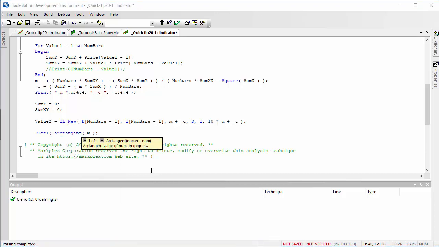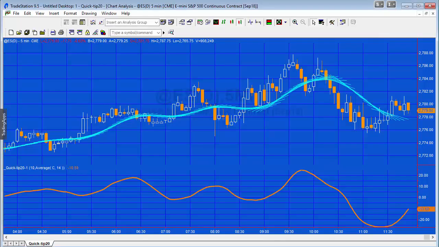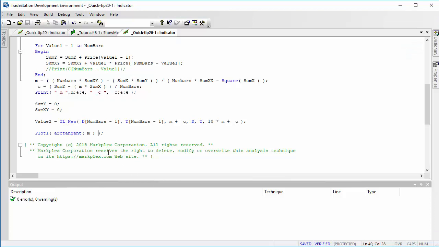which is a standard TradeStation function, of that value there, and get something like this. Now if you don't trust me, what you might wish to do is, in the print statement, print the price going back a number of bars. So for example we could say price. Remember, this is calculating the moving average, so I'm going to put in a string and then the price. Make sure you add plenty of decimal places, because we want this to be as accurate as possible. And then we verify that,